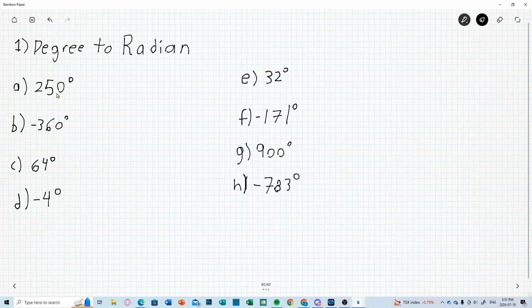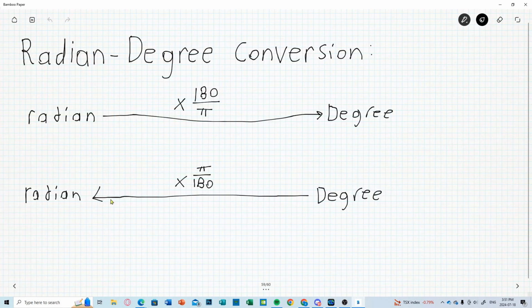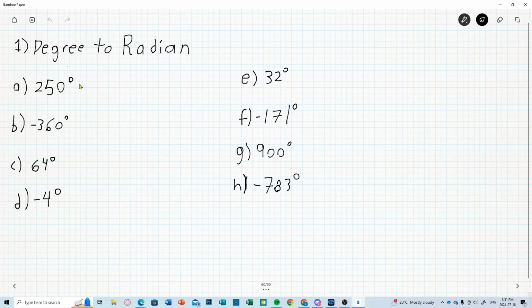So what we're going to start off with is A. All of these are going to be degrees to radians. So if you remember from the last screen, we need to multiply all of them by pi divided by 180. So the first one is going to be 250 multiplied by pi over 180. This will give us